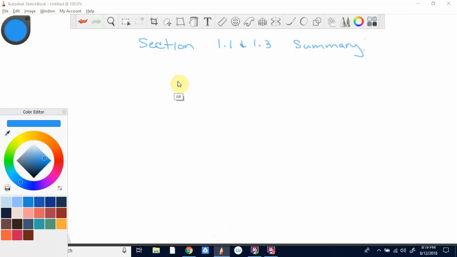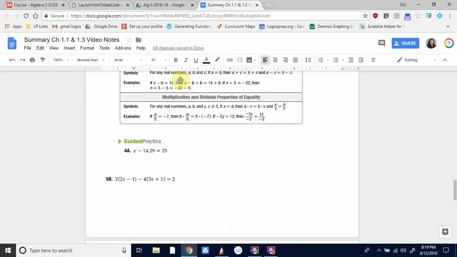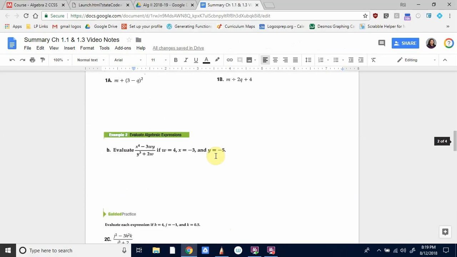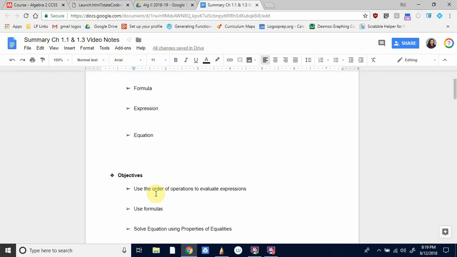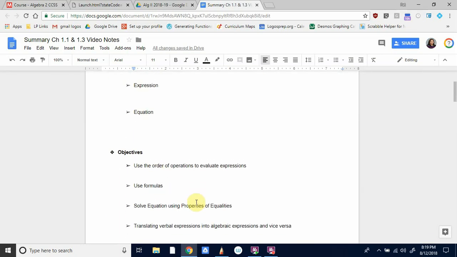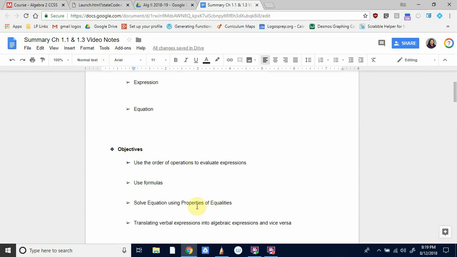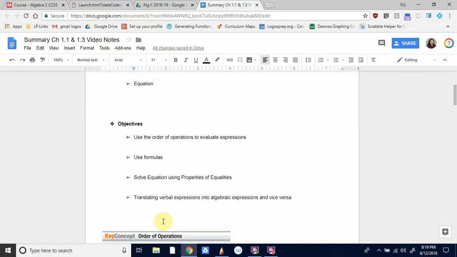So basically, if you go to your video notes, you'll see at the very top our vocabulary: order of operations, formula, expression, and equation. Our objectives are going to be to use the order of operations to evaluate expressions. We're going to use formulas. We're going to solve equations using properties of equalities, and we're going to translate verbal expressions into algebraic expressions and